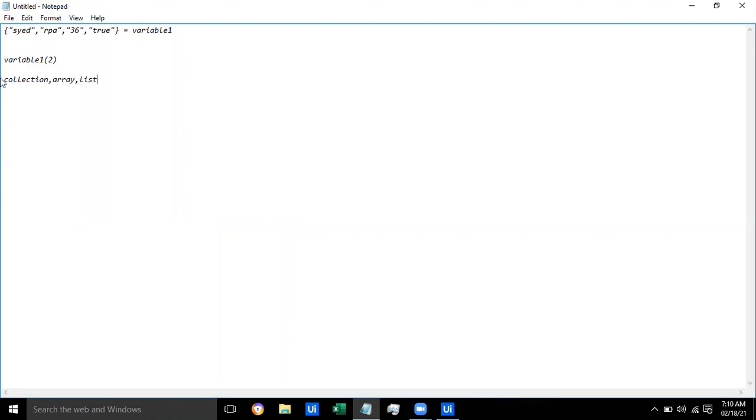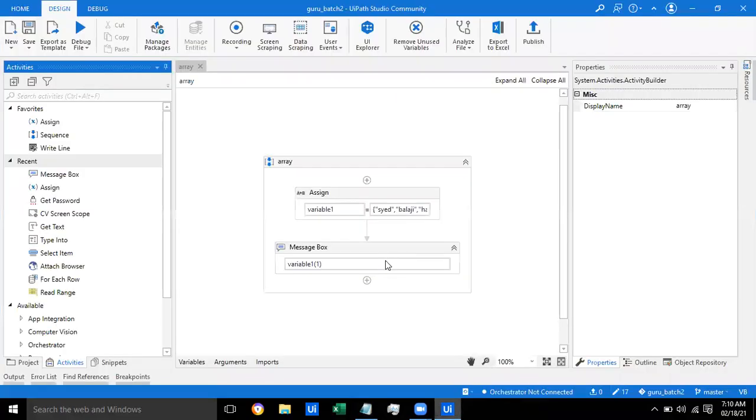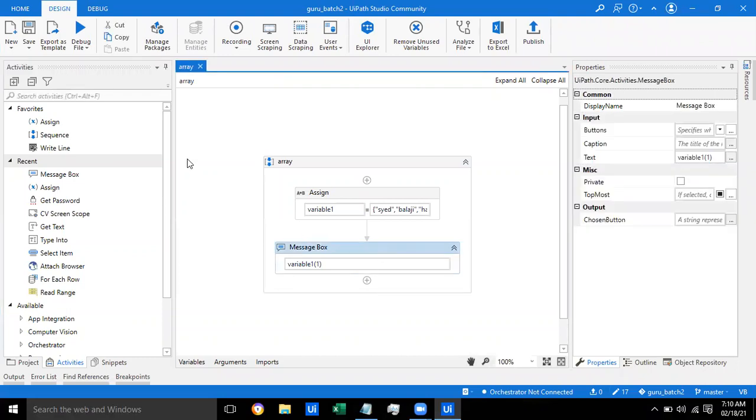Whenever you find a data type named collection, array, or list, you are supposed to go for a concept called for each. For each is a loop that is used to iterate each and every element present inside the array. Here, what is the data type? It is an array, right? So for an array, we are supposed to use a for each.